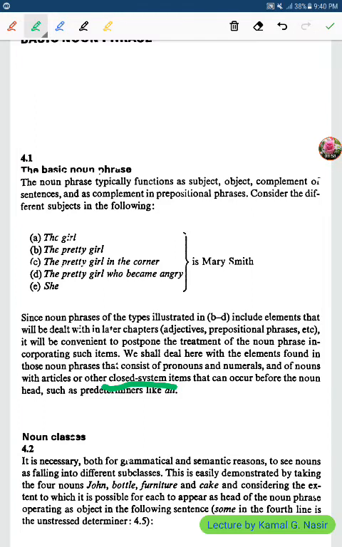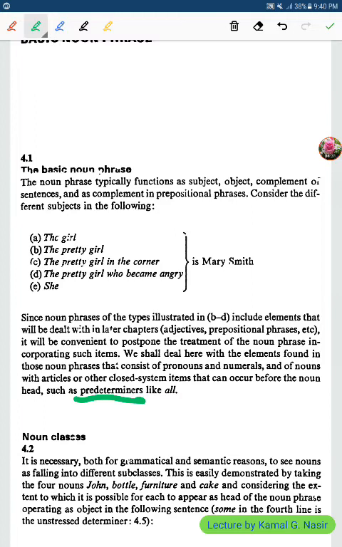such as predeterminers, like all. All is a predeterminer. There is a predeterminer. Everything comes before the noun. Everything occurs before the noun head. This is the head. You see, the girl is the head in all the sentences. Every closed system item can be regarded as a predeterminer,